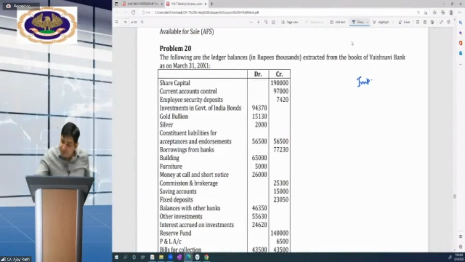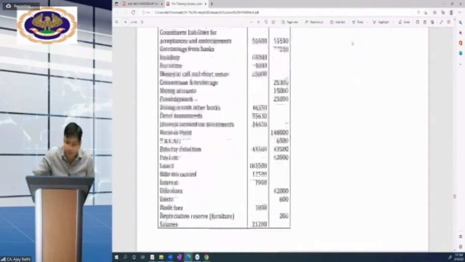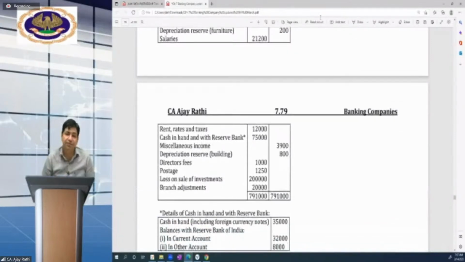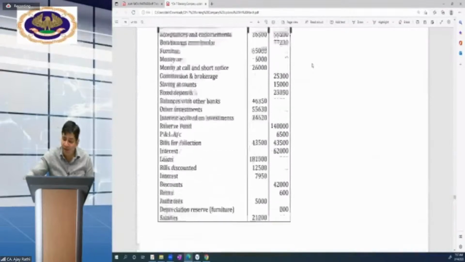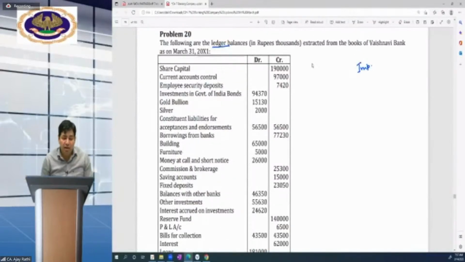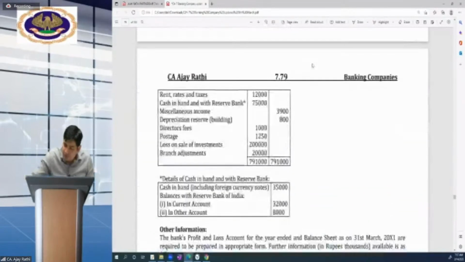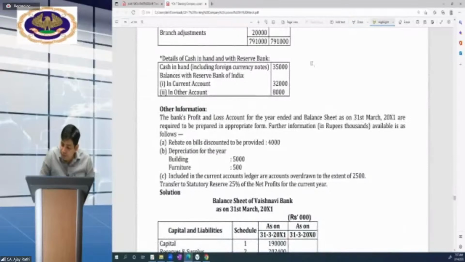Beta, question number 20. See what the question is saying. The following are the ledger balances in rupees 1000 extracted from the books of Vaishnavi Bank as at 31st March 2021. Beta, ledger balances have been given to you all. Means we can say it is a trial balance. Okay, trial balance has been given. And what is the question asking from you? See, there is a requirement. Beta, we have very limited time, so please maintain speed. From the data given above, we need to prepare the bank's profit and loss account and balance sheet,